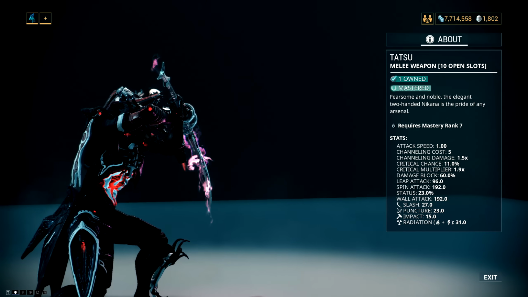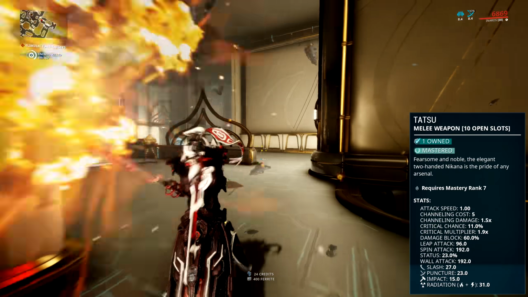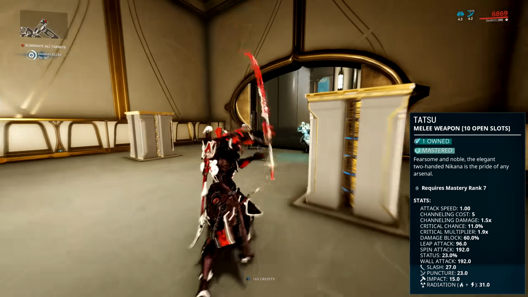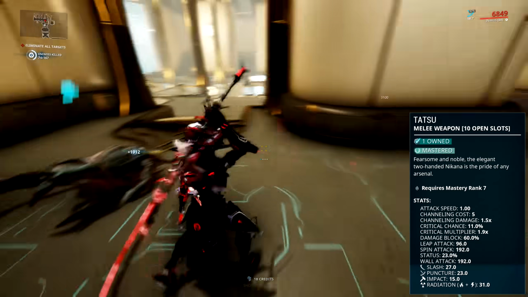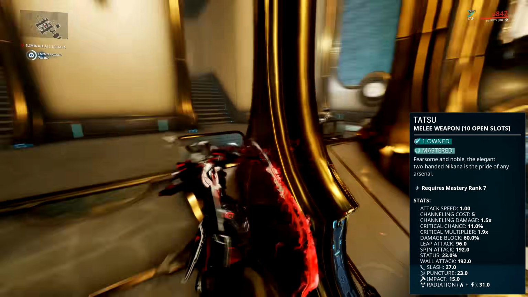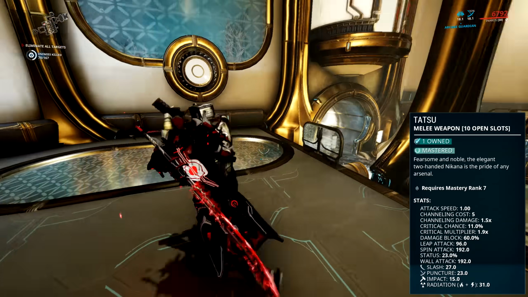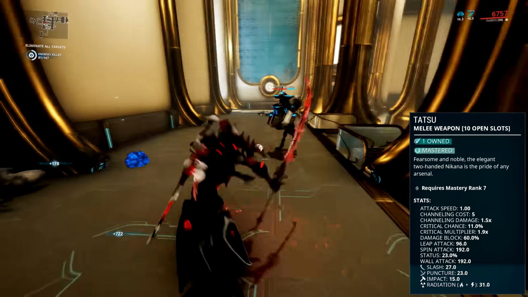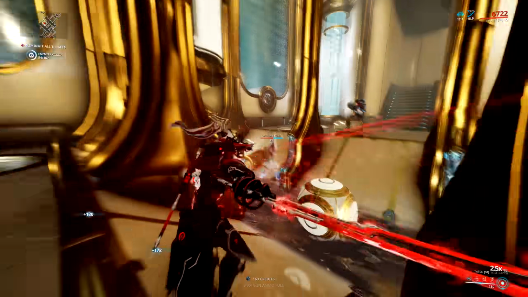The Tatsu, as I mentioned already, is a 200 Nikana that requires at least Mastery rank 7 to use and does 96 damage per hit. The highest damage type here is Radiation at 31, followed by Slash at 27, Puncture at 23, and finally Impact at only 15. The Tatsu is somewhat slow with an attack speed of only 1, it also has pretty low crit chance at only 11%, a below average crit multiplier at 1.9 times, but it does have a decent 23% status chance. And the weapon comes with no innate polarities other than a V in the stance slot,